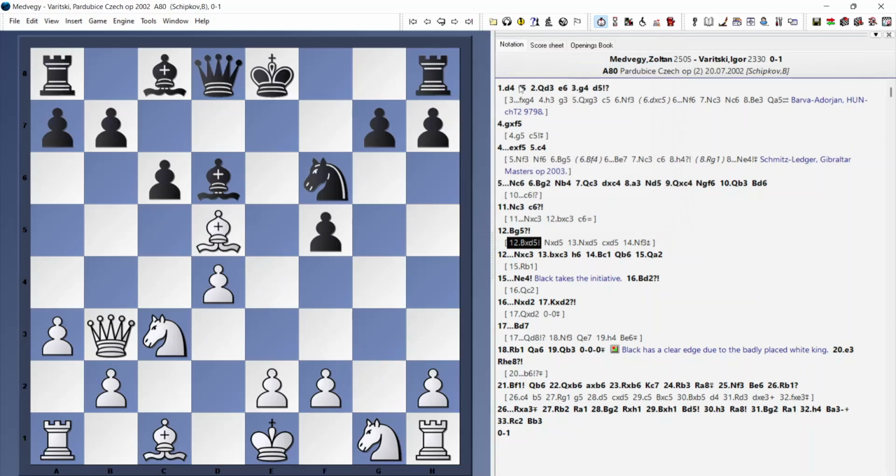Another alternative is bishop d5 here. Knight takes d5, knight takes d5, c takes d5, compromising the pawn structure a little bit, and then play knight f3. Should be better for white here, slightly better due to the isolated pawn. Instead, he played bishop g5, and now black plays knight takes c3, b takes c3, h6,